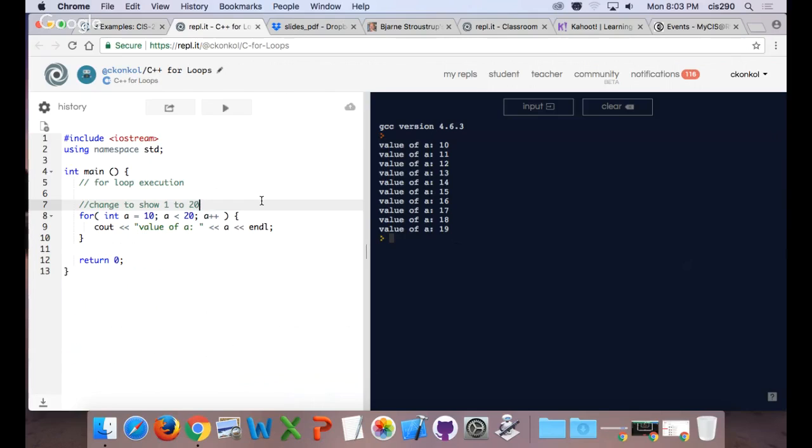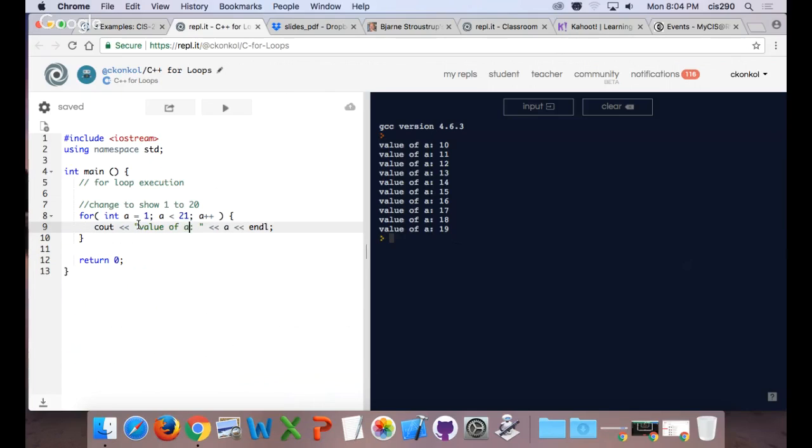One is the decrement and increment. Right now we're doing an increment value. And so if I wanted to start with a value of 1 instead of 10, and notice here it loops after each iteration, I want to start with 1. What do I need to change A to? 1. Good. Now, while it's less than 20, I want to go from 1 to 20. So I need to change that to something else besides 20. 21.